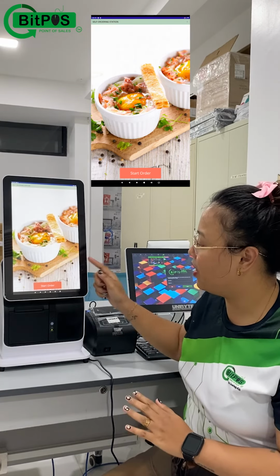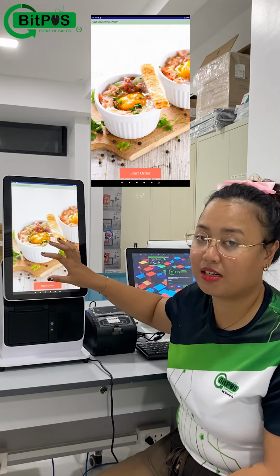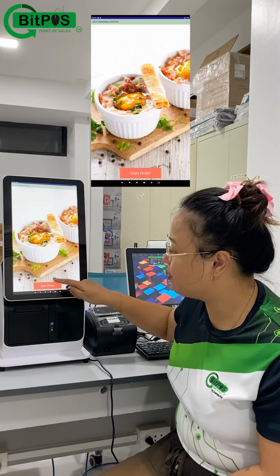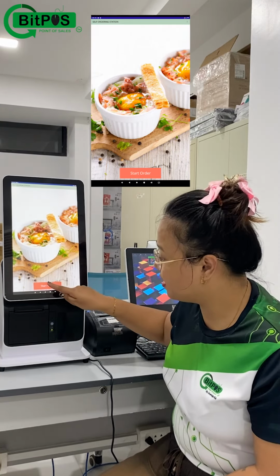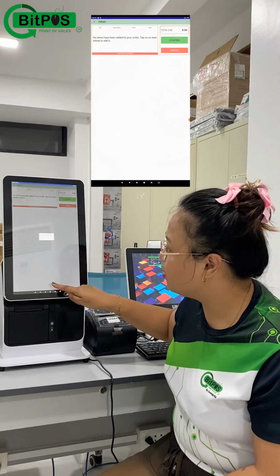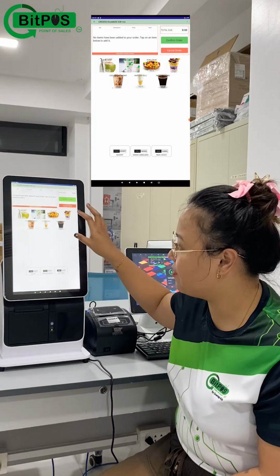We'll start with our kiosk order taking, where you can see a slideshow of the products that I'll be selling. Also, you can see here at the bottom part the term start order. The customer can tap this one and automatically it gets redirected to the list of menus that we have inside the store. So these are my featured menu.